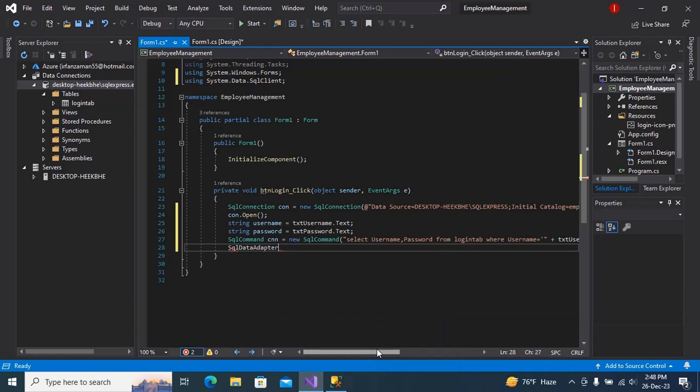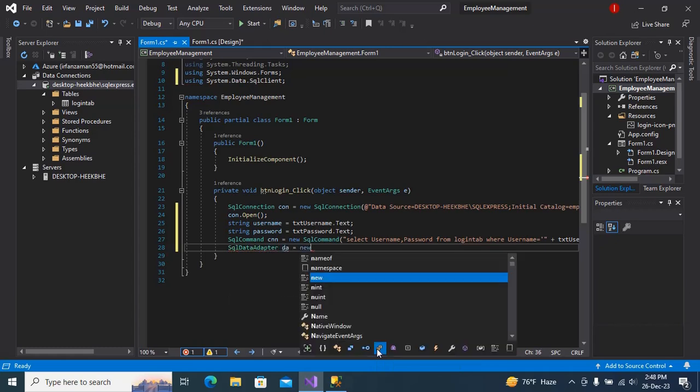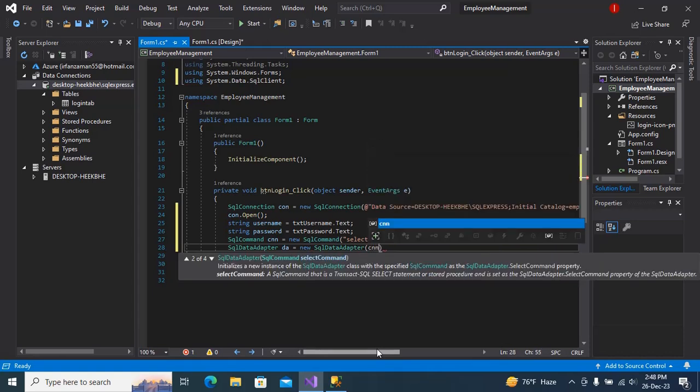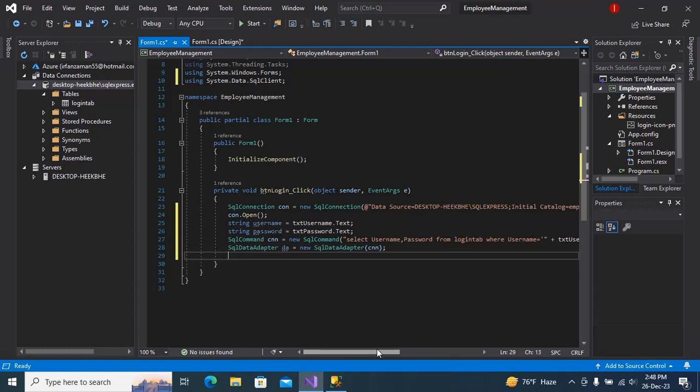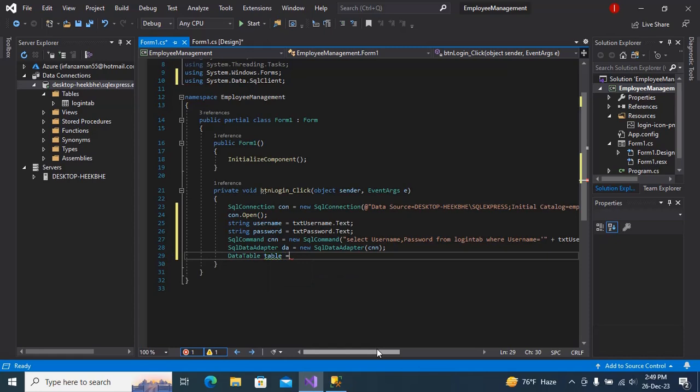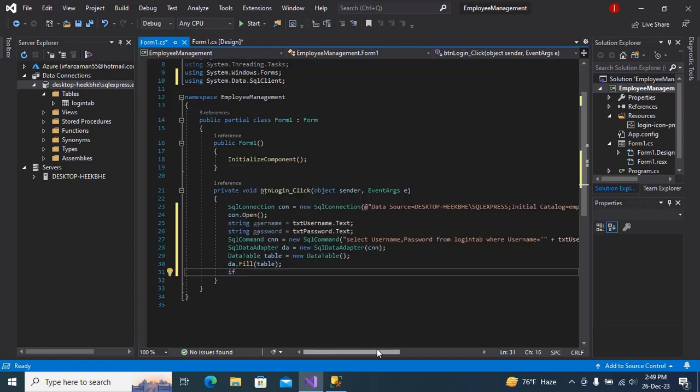SQL data adapter, I will give this name DA equals to new SQL data adapter, and we have to mention the SQL command, which is cnn, then data table, I will give this name table equals to new data table, then da dot fill, and we have to mention the table here, then if table dot rows dot count equals to 0, then